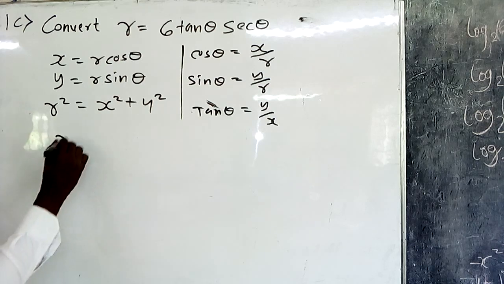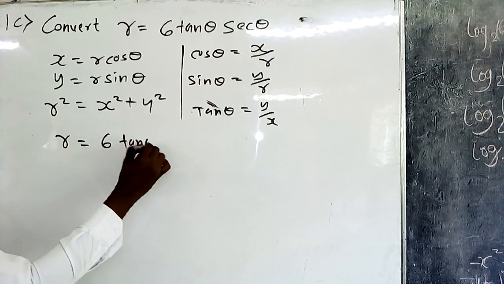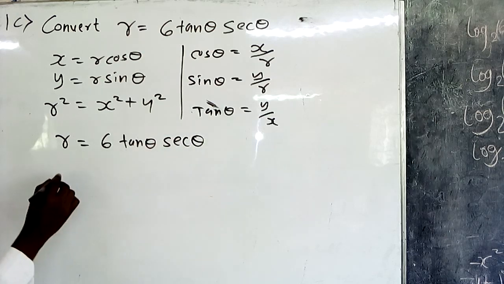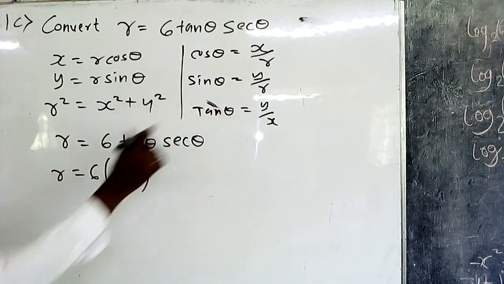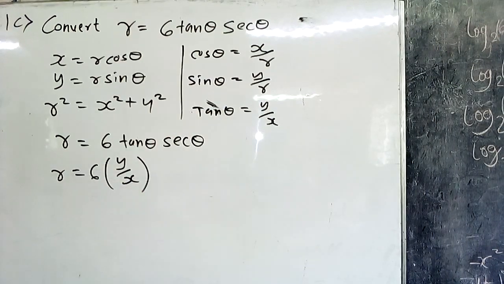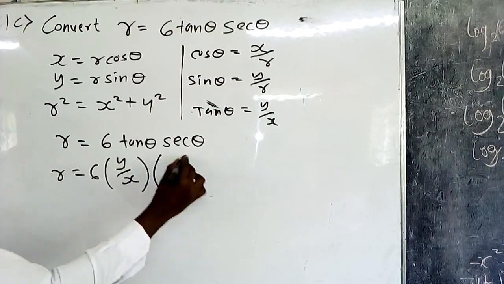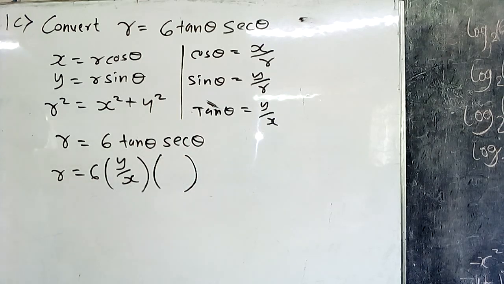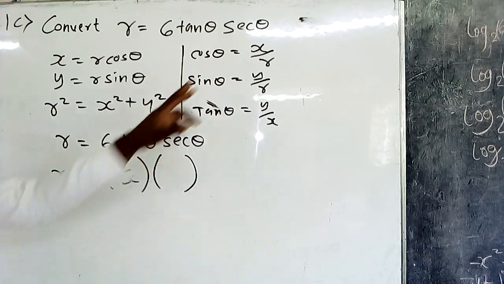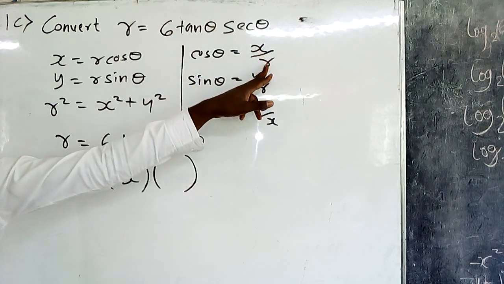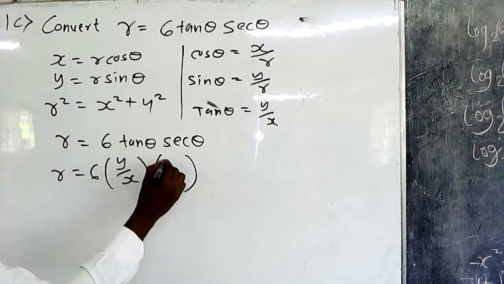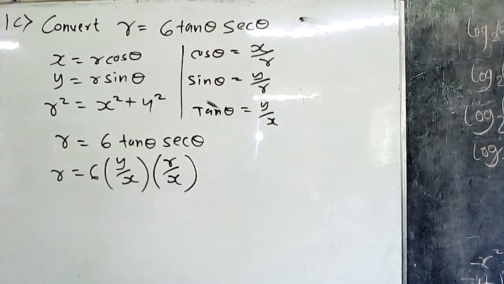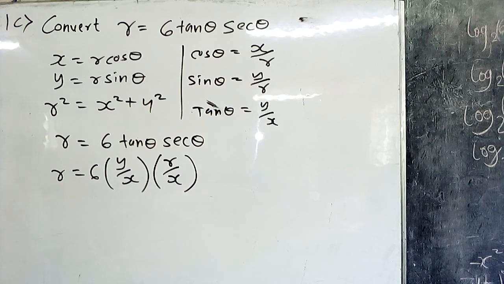So if you are given r equals 6 tan theta sec theta, you start. Here we have r equals 6. What is tan theta? Tan theta we found is y over x. Then you substitute sec theta. Sec is the reciprocal of cos, meaning if cos theta is x over r, then sec theta is r over x. Are we together? So if you simplify this, you get